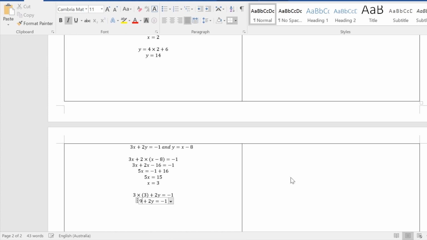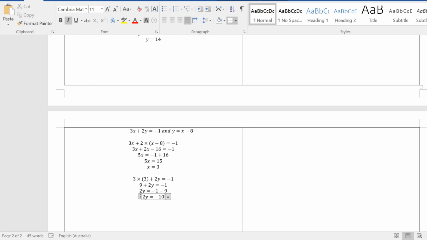Okay, now what we're going to do is move that 9 over to the other side. That 9 was originally a positive, so it becomes a negative. We get 2y equals minus 1 minus 9. That's going to give me 2y is equal to minus 10. The opposite of timesing is dividing, so that's going to give us y equals negative 10 over 2, which is